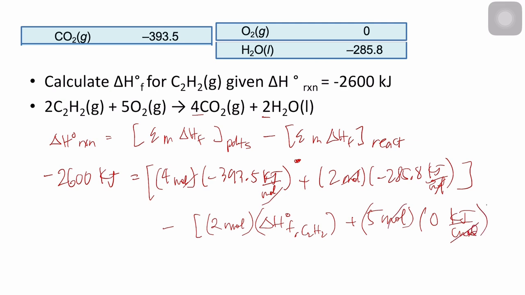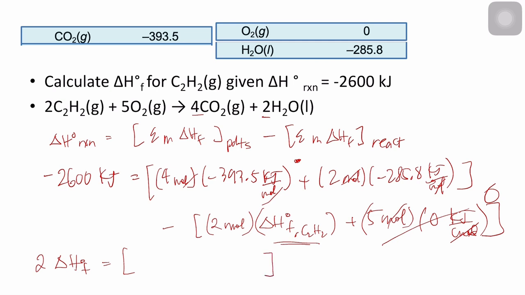Moles cancel, then everything here is 0. So when we put our required on one side, we just transpose it to the other side, and then it will become 2 moles of your standard heat of formation. Then it will just be the one inside the braces,